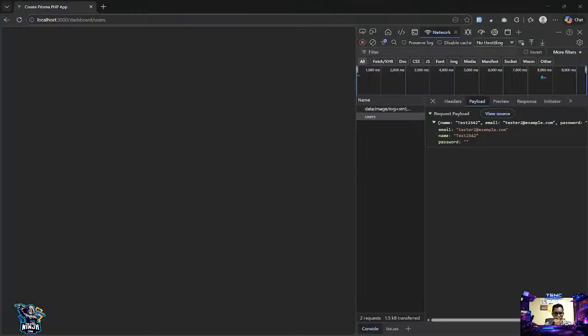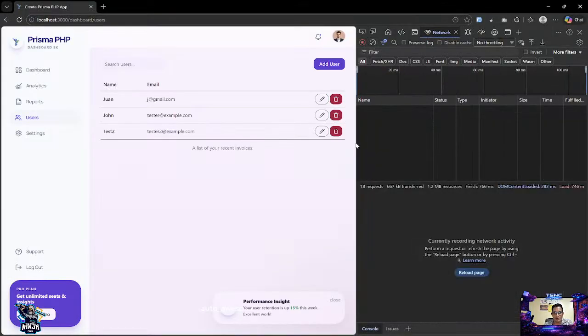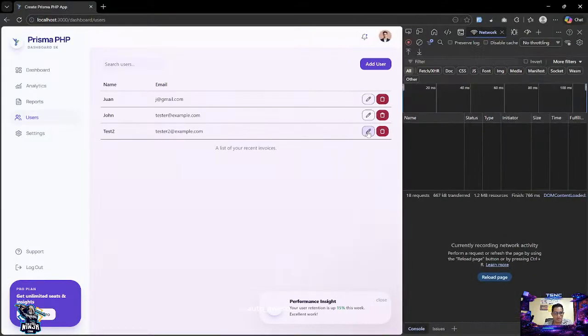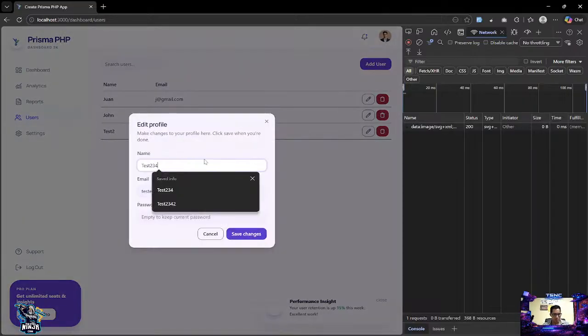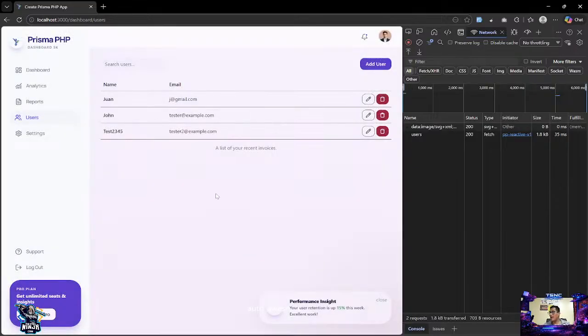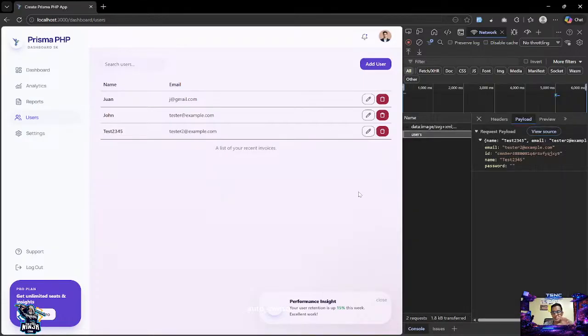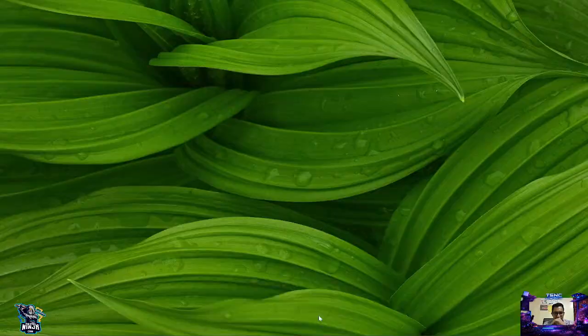There we go. Okay, now edit it and save changes. Voila. So as you can see, the create and the update data, easy as that,